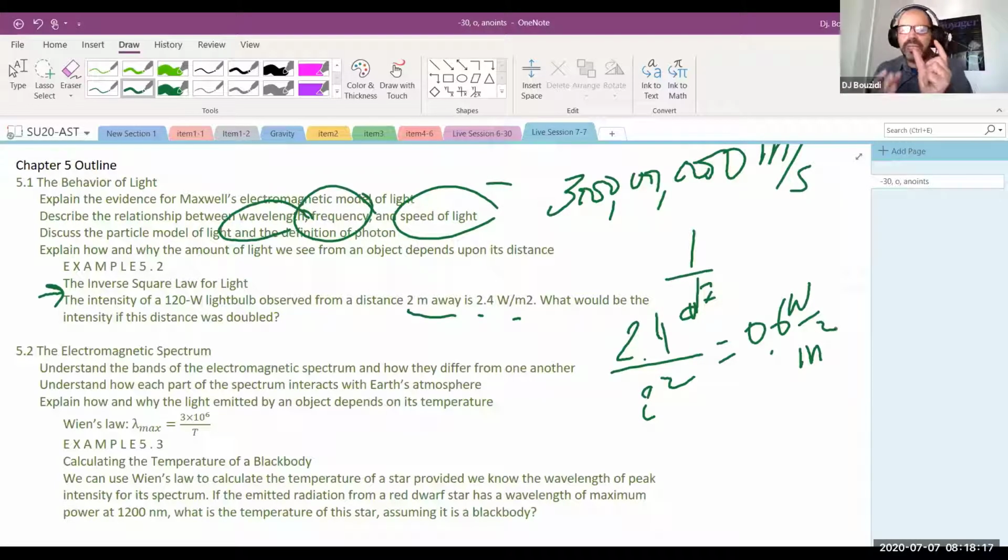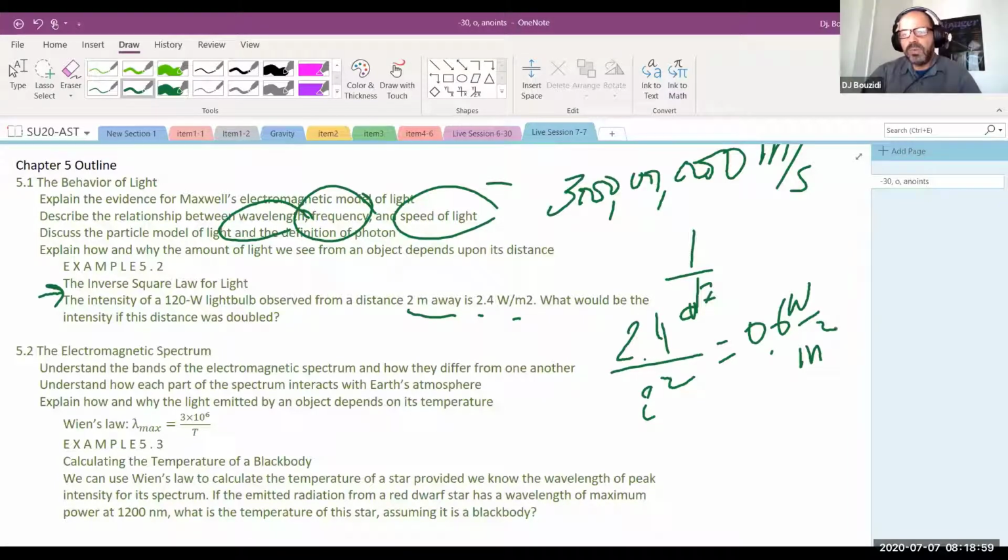So if you're very close, I think this is intuitively what we see. If you have a light bulb and you're near it, it's bright. When you're moving away from it, it dims. If you move further and further, the light bulb will become dimmer and dimmer. At some point, it will not be visible. If you're 10 miles away, for example, even at 120 watts, you're barely going to see probably a dot in the sky because the intensity drops like 1 over distance squared. Intuitively, if you want better lighting, you have to bring the light bulb closer to you. So if you're reading a book at night and it's pitch dark, then you have to be close to a light source, in this case, the light bulb. So that's basically the idea in here.